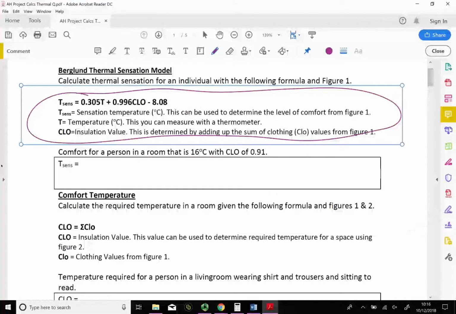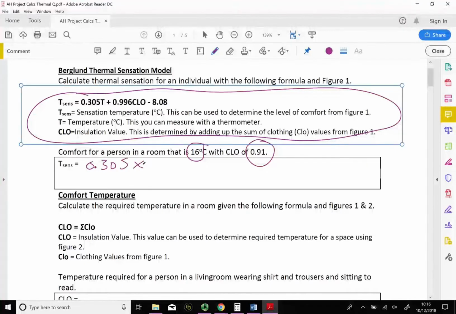So we want to find the comfort for a person that's in a room that is 16 degrees Celsius, and we've actually worked out their clothing value. Now that's another message for another day. It's another calculation that you'll have to look up. However, today we're just looking at applying it now. So we're looking at this and we're saying, well, actually, Berglund says